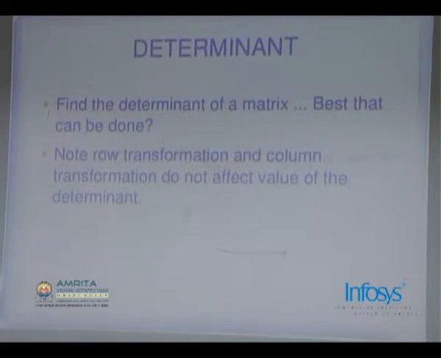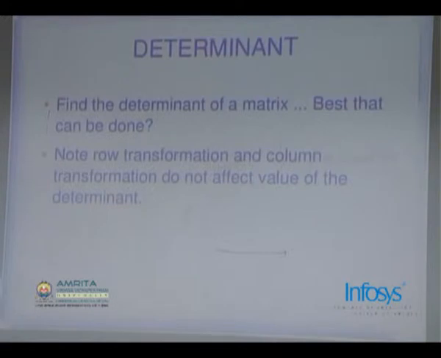Now on to some serious topic. One of the very basic operations that is involved with the matrix, in fact involved with the square matrix, is finding the determinant of the matrix. This comes into use at a lot of places. Graph theory also uses it in counting the number of spanning trees and various other theorems.